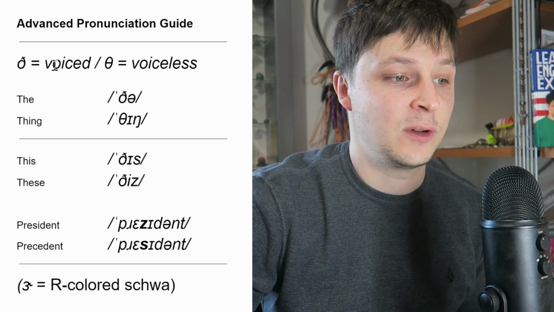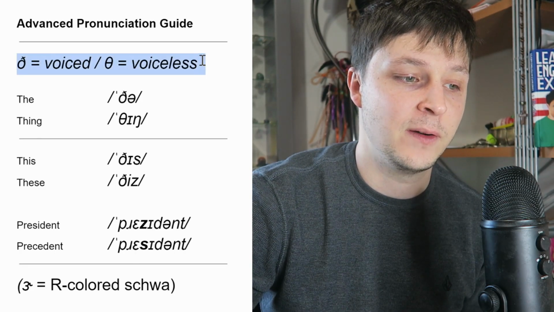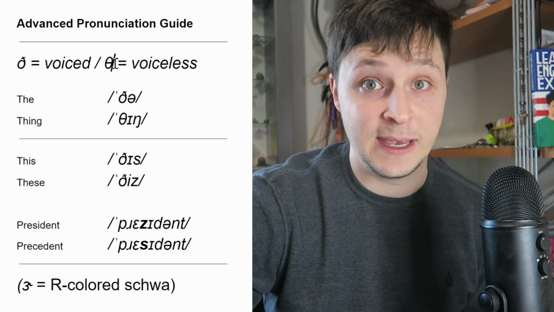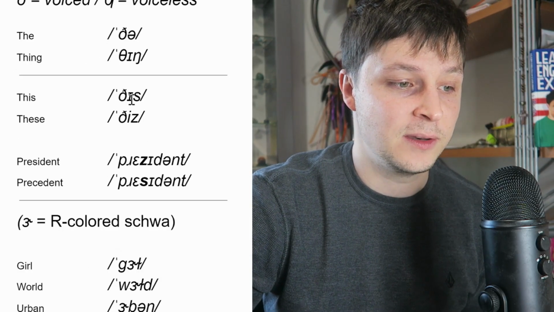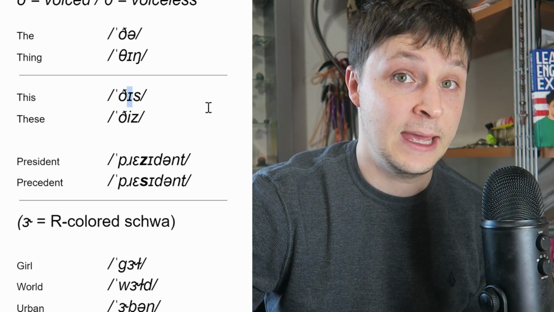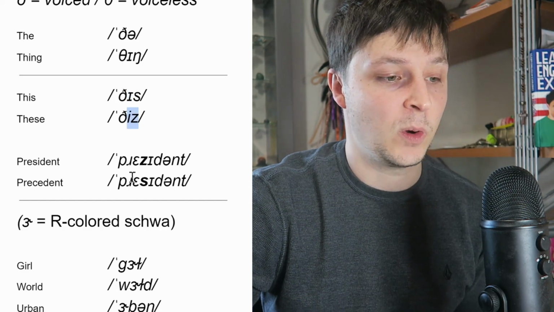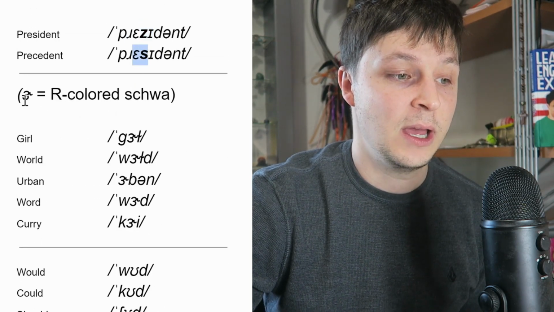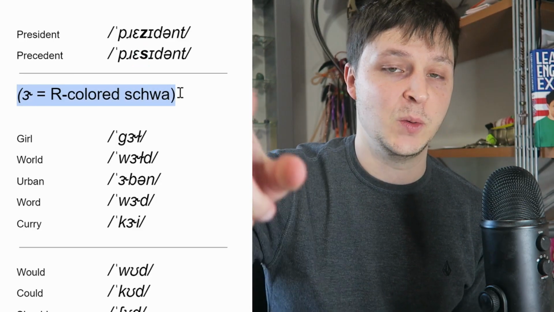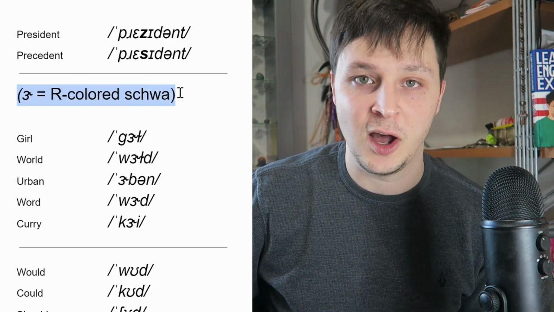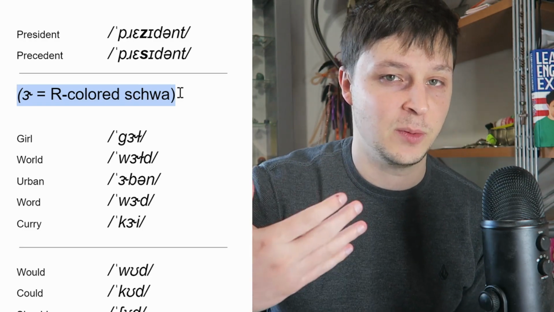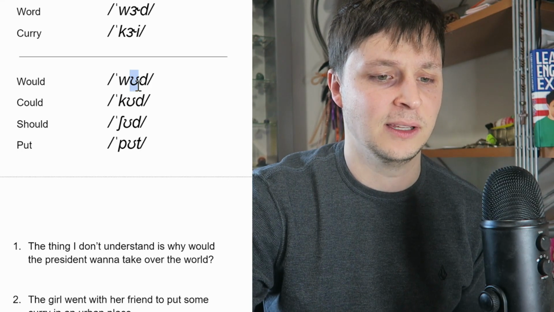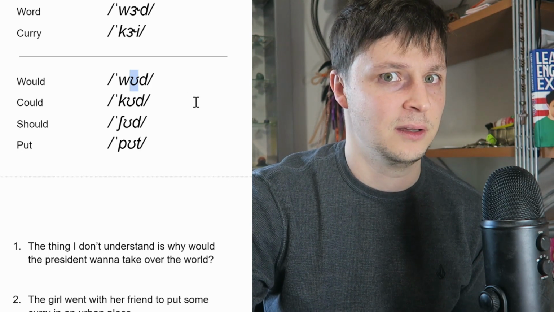Guys, today let's review a few things. The first thing we're going to focus on is the difference between th and th, which makes a big difference in English. We're also going to do a little bit on the difference between I and E. We're going to do a difference between z and s. We're going to do something super difficult that I know you all want to learn, which is the R-colored schwa, which is difficult to pronounce, but it's like er. The last thing I want to do is just focus on a little bit of this vowel. So let's start,